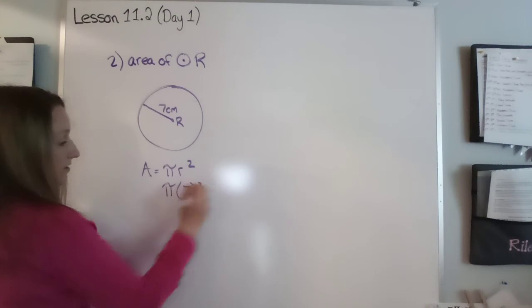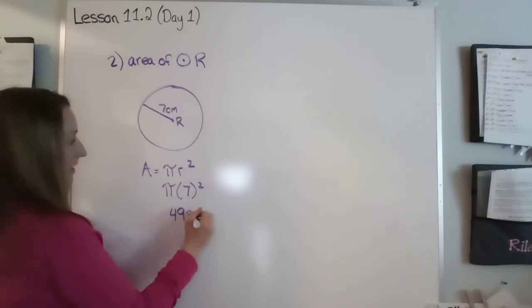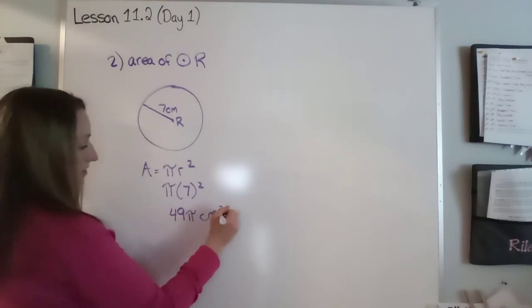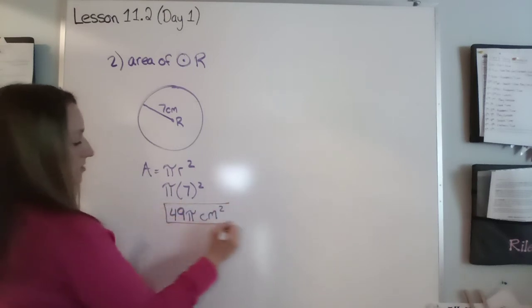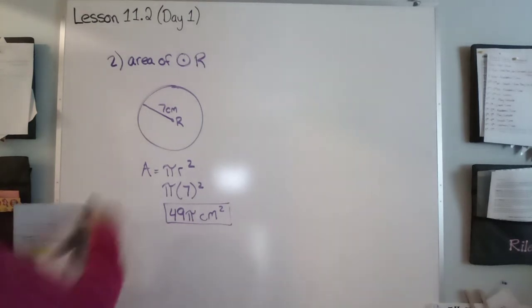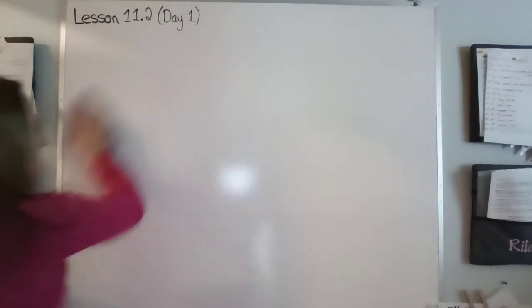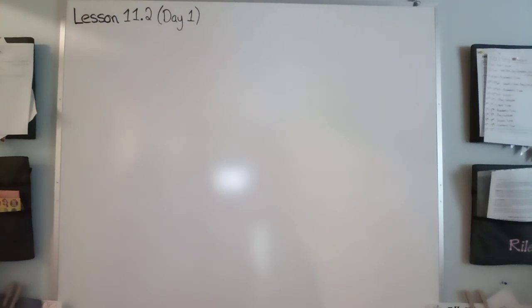7 squared is 49. So 49 pi centimeters squared. That would be the exact answer. If I was looking for an approximation, I'd plug it in to get approximately 153.94 centimeters squared. Okay, so that's example 2. So the next example,